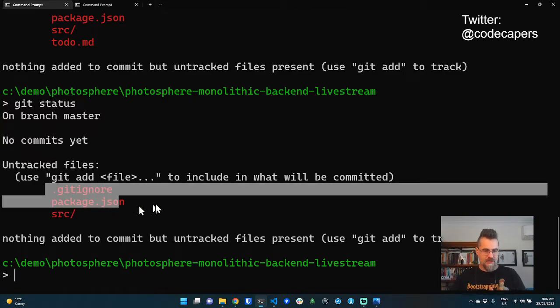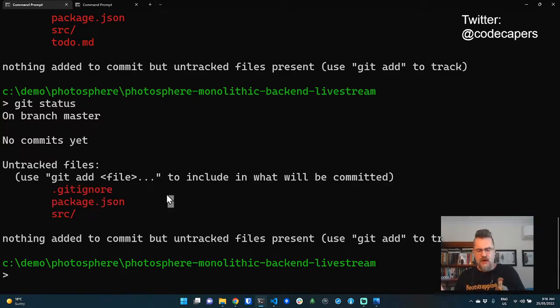So my to do list, I'm not committing that. Normally I would put my to do list somewhere else anyway. If I was working in my normal job, I'd be using Jira or something like that, so I wouldn't normally have the to-do list in the code repo. I'm just putting it there because it's convenient, and I'm adding it to the ignore file just so I don't accidentally clutter it up.